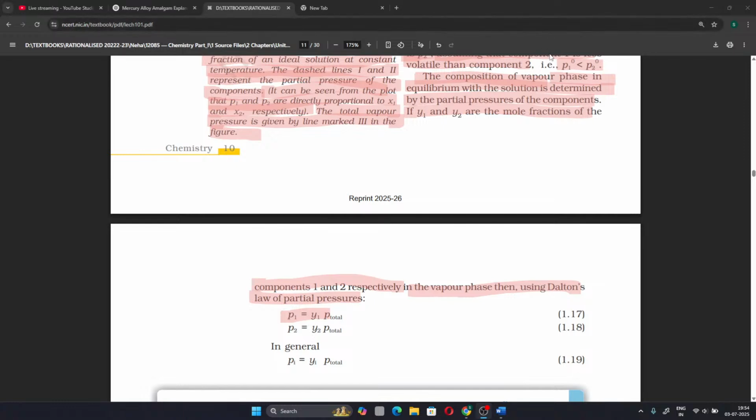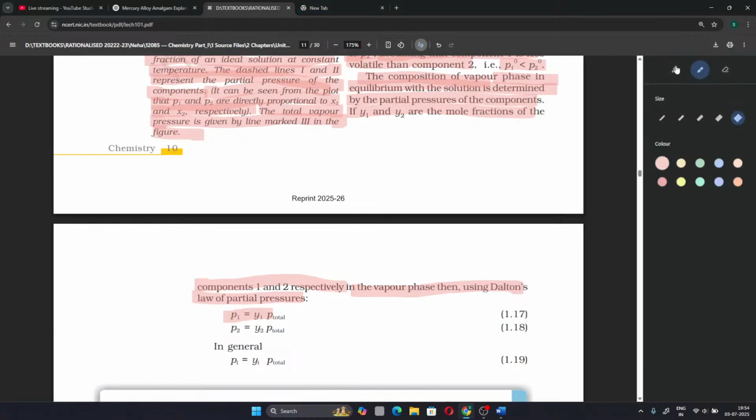Okay, I had a confusion here, about the y1 and y2. They specifically gave that y1 and y2 are the mole fractions of components 1 and 2 respectively in the vapor phase. I missed this vapor phase here. Basically they are saying that y1 and y2 are mole fractions in the vapor phase, meaning y1 equals the partial pressure of component 1 by P total,